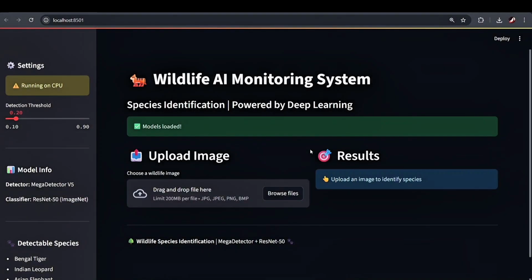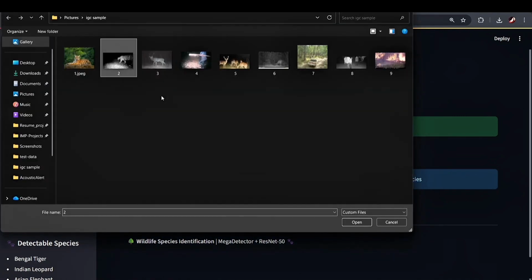First is the wildlife monitoring system, where I am going to identify species. Right now I have made a Streamlit app for it, but in the real world, when we apply this whole system in the forest for conservation, we will have it in embedded systems, so that when a trap camera captures an image of an animal, it is processed on the device itself and only the important data is saved to the database. As you can see here, I will drop an image.